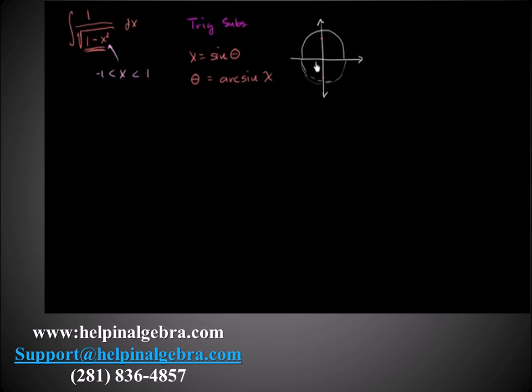Arc sine is going to give an angle that is in the first or fourth quadrant. So if we say that this is our sine, if this is our x, then the arc sine of x is going to be this angle, not this one out here, the second quadrant. If we say that this is our